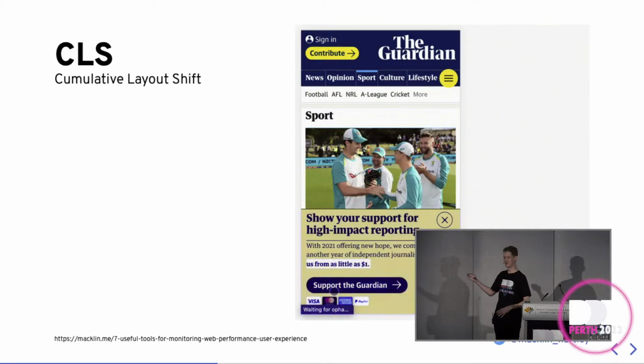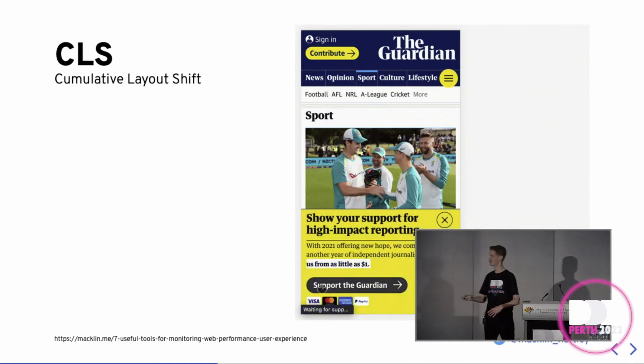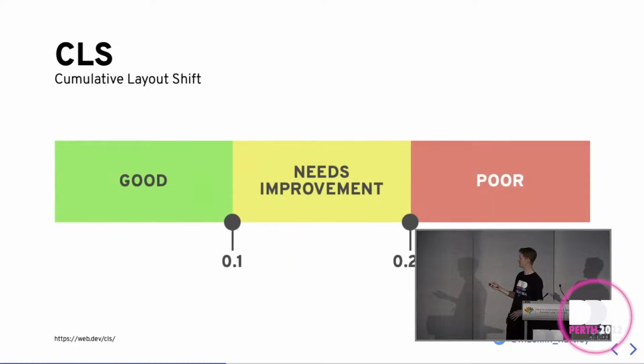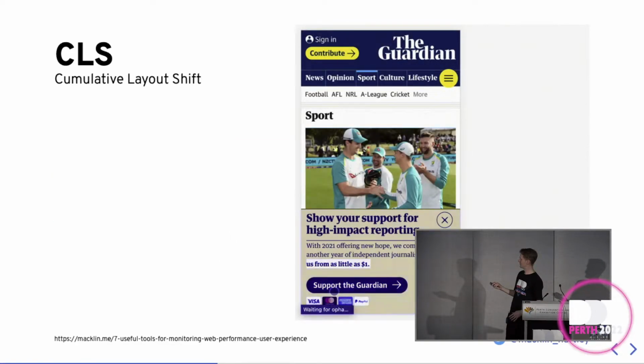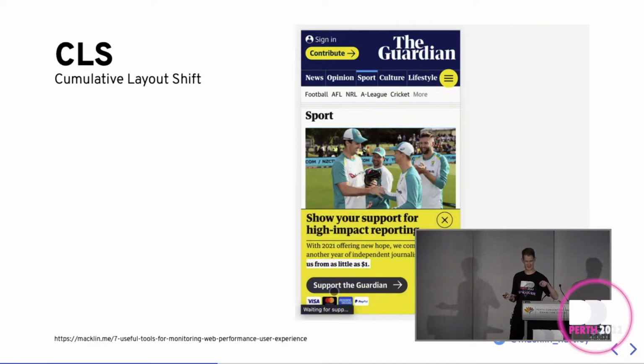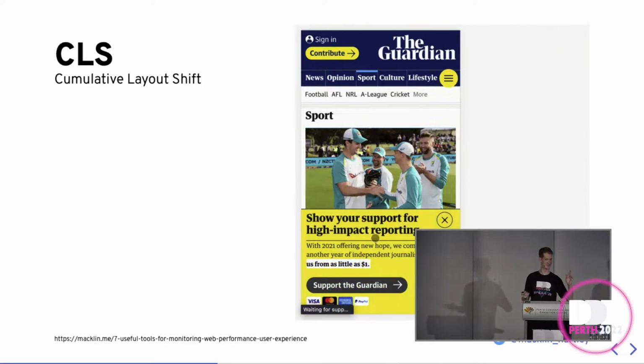This is why I think it's really important, because these are really annoying. They suck, and no user likes it when this happens. This is maybe a less disastrous example, but no, missing a slide there too. Cool. I think there was a famous example where there was a layout shift on a page with a nuclear missile alert test system, and they clicked the wrong one. That's the picture I had, but it's gone. So